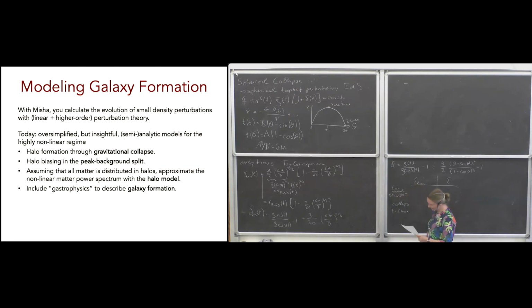Now for the linear density contrast, we can simply evaluate our expression here. And of course, we can also there just note, by comparing our parametric expression for T to this curve over there, that B is just T max over pi. So let's just rewrite this here as 6 pi T over T max, so we can evaluate more easily. And with that, we find that at turnaround, the linear extrapolated density contrast is just of order 1.062